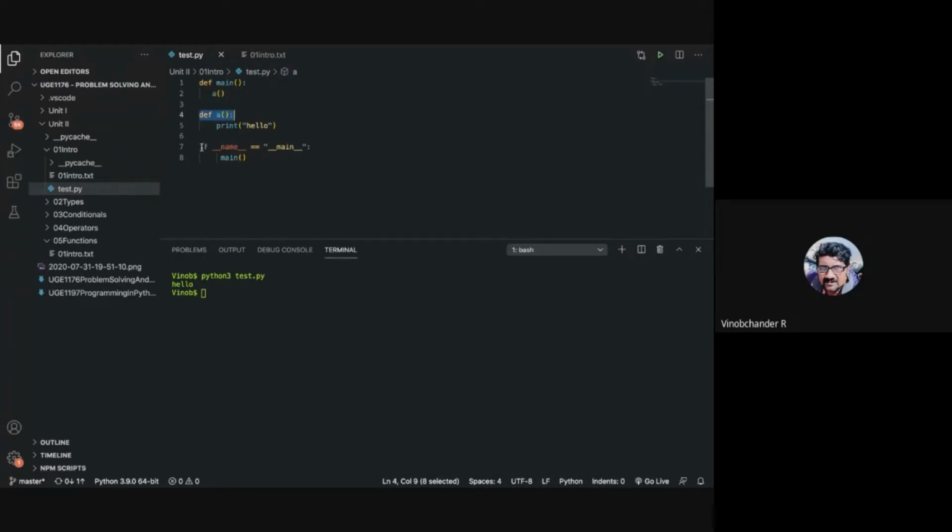Number two, this condition also ensures that this program, test.py, is the current or main executable program that you wish to run. Third is, if you do not use this, the intention of this particular file is to be used as a module in some other program. Hope that makes sense. Oh, okay, sir.